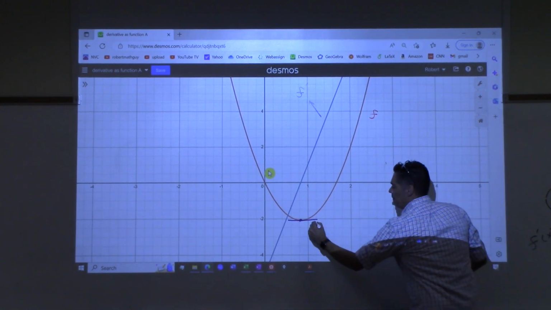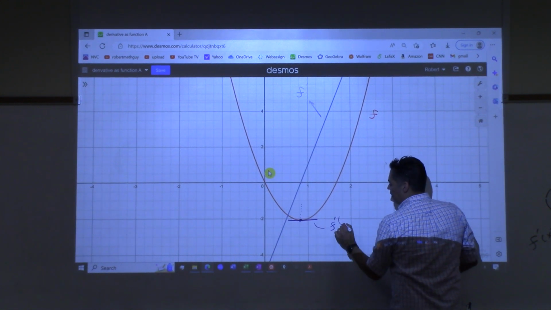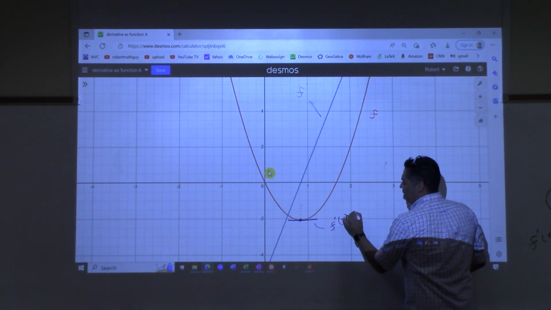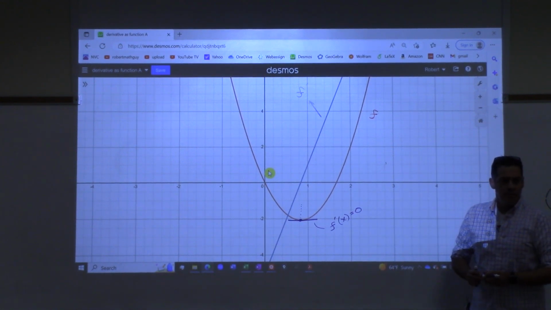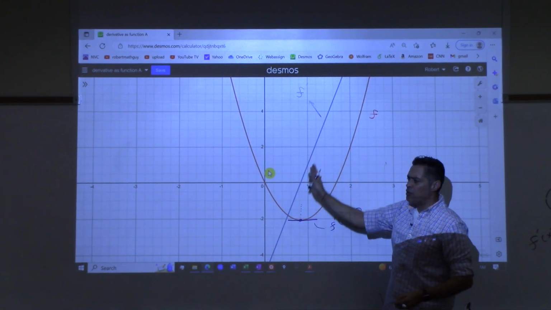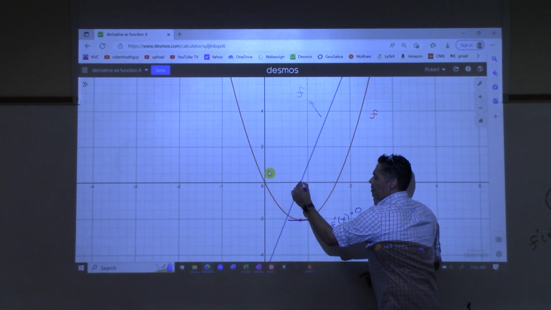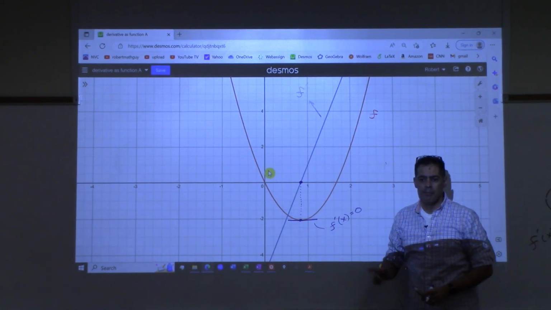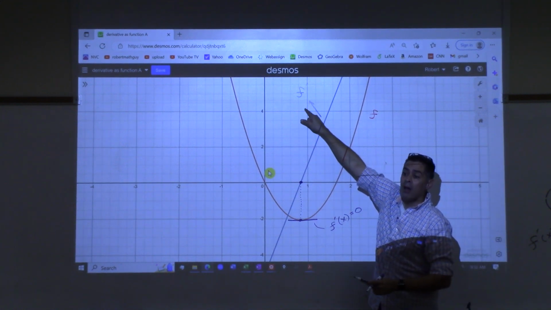So right here, you're telling me that the derivative at that point, now I can't tell what that point is, but the derivative at that point, x, is 0. Agreed? Well, look at the blue curve, look at the blue function. What's the blue function doing at that same x value? It's what? It's crossing through the x-axis, which means the value of this function